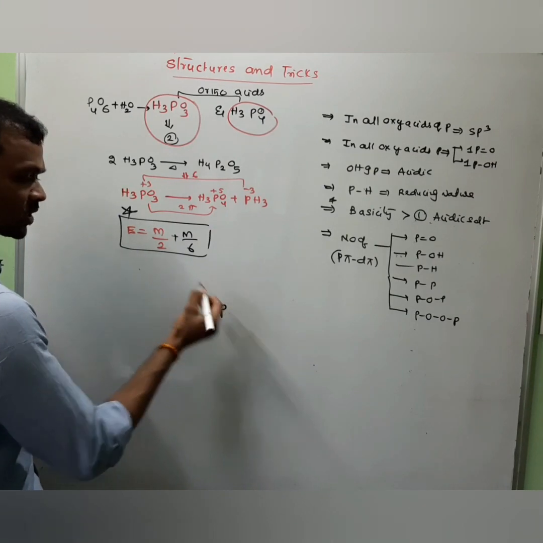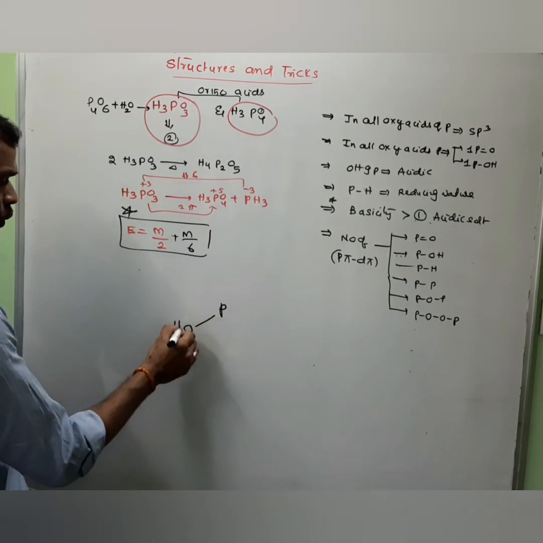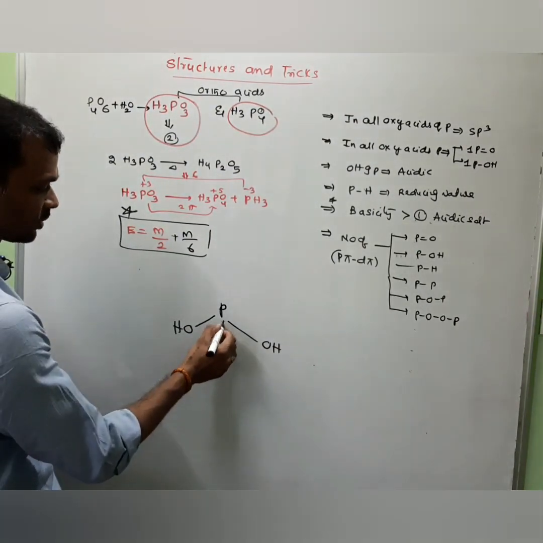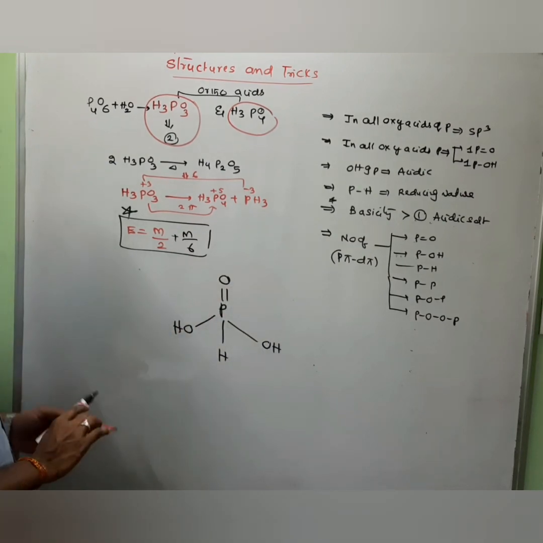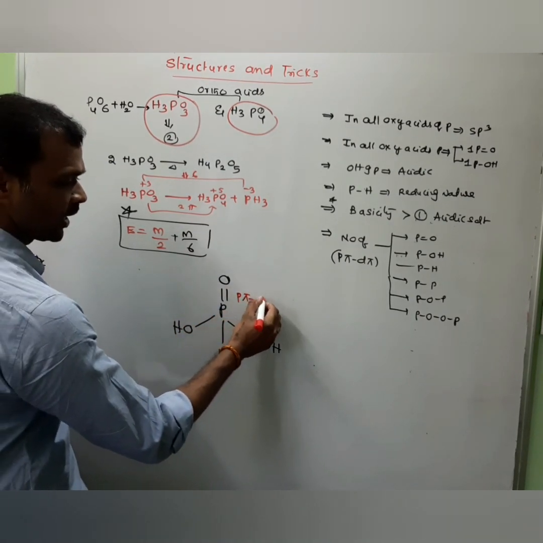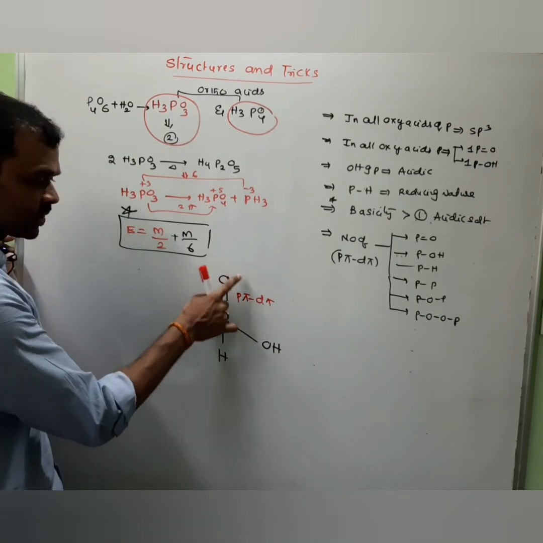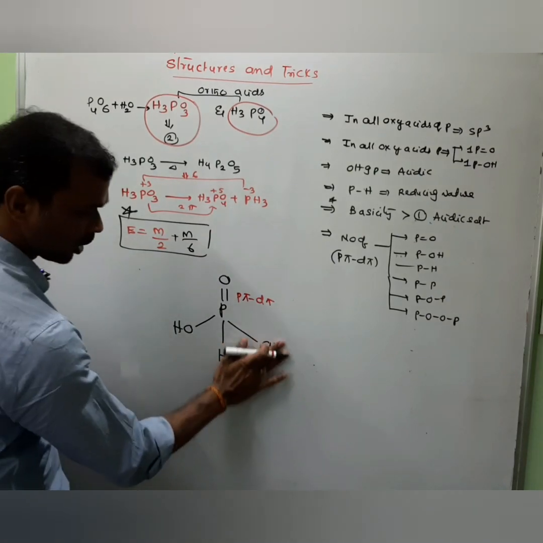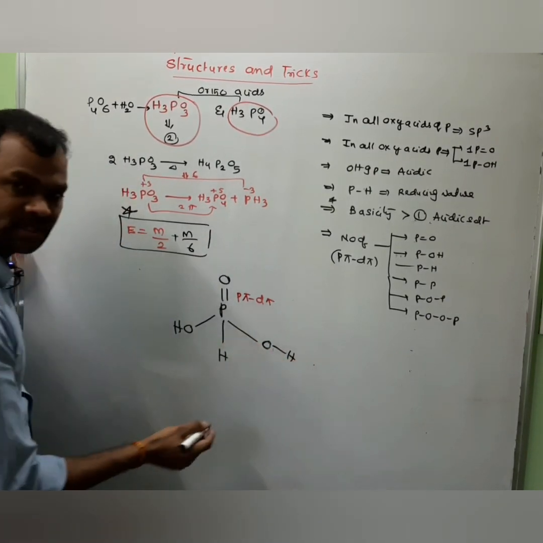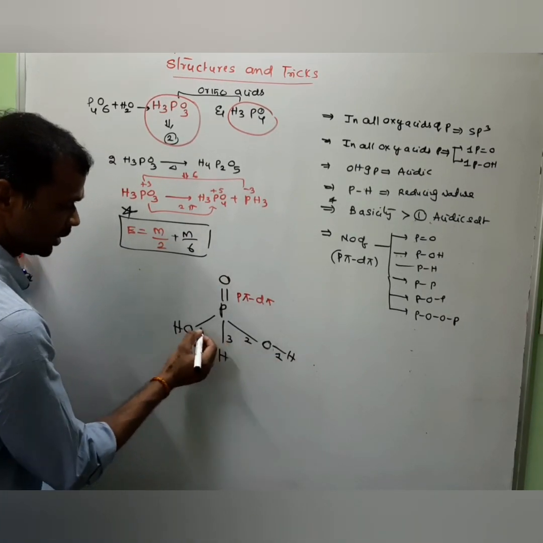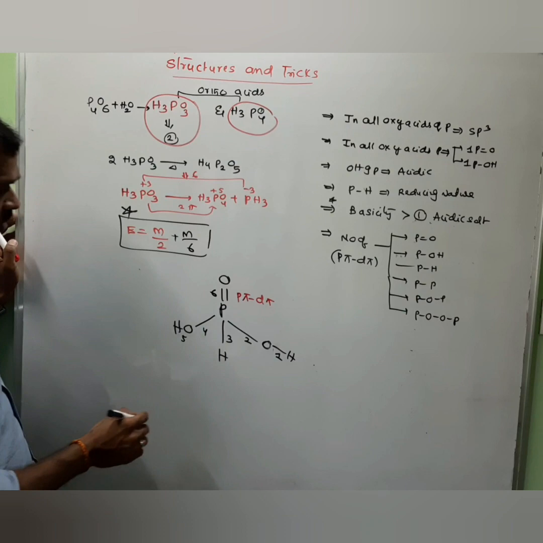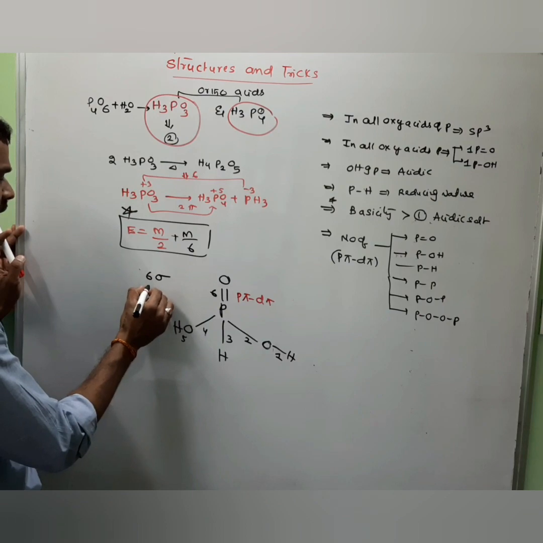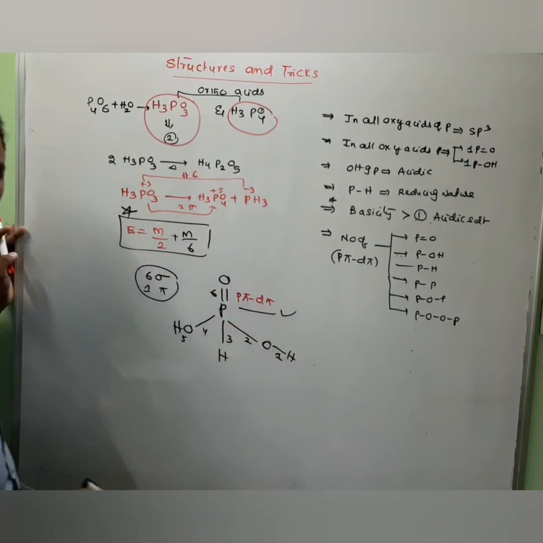Let us discuss the structure of phosphorus. I told you 2 OH groups. Basicity is nothing but the number of ionizable H+ ions. So one P-H bond remains, and a double bond, so here one pi bond is there. This is p pi-d pi: the p orbital from oxygen and the d orbital from phosphorus form a p pi-d pi bond. If you observe the number of sigma bonds, there is a sigma bond between oxygen and hydrogen, 1, 2, 3, 4, 5, 6. Total, 6 sigma bonds and 1 pi bond is present. The pi bond is of p pi-d pi type.